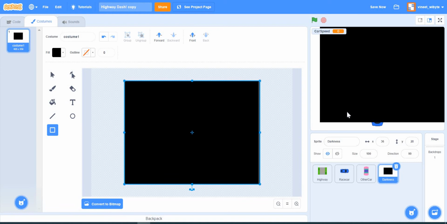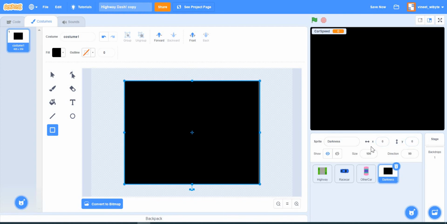That's really the concept of layers, and we'll see more and more. Layers is all about whenever we have two or more overlapping sprites, which sprite goes on top is determined by the layers. Here the darkness has engulfed the car, and hence we are not able to see the car, but later on we will make the car visible on top of this darkness. What I'll do right now is set this car to be at 0, 0, so that it covers this nicely.